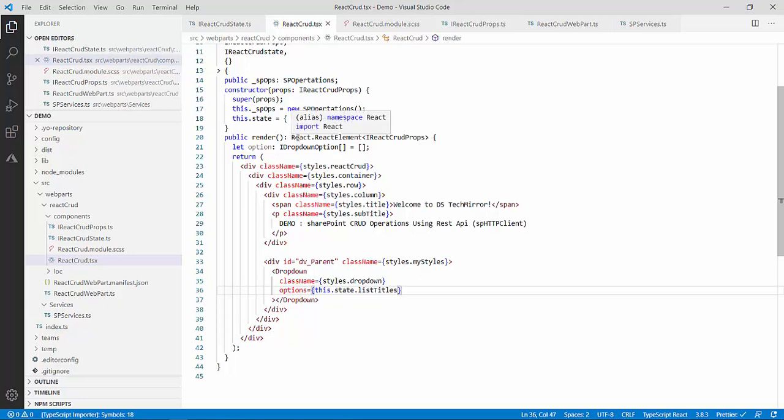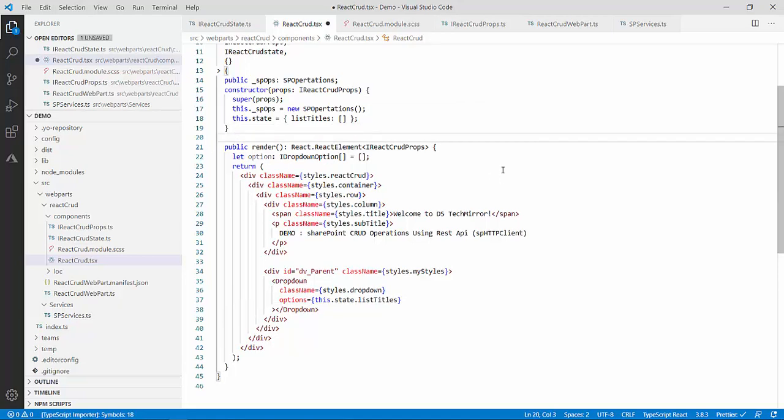Now the next thing is from where I will call that method called getAllList. For that, in my last video I covered the React lifecycle. In this I told you I will be using the componentDidMount method, because that method will get called at last. After the render method gets called, only then will componentDidMount get called. So over here I will declare public componentDidMount.